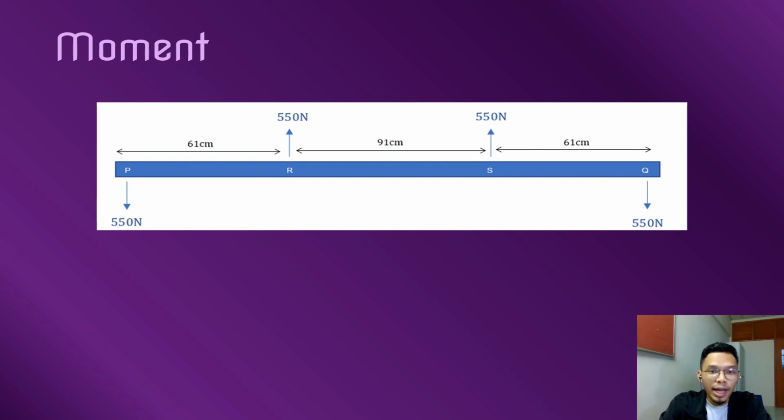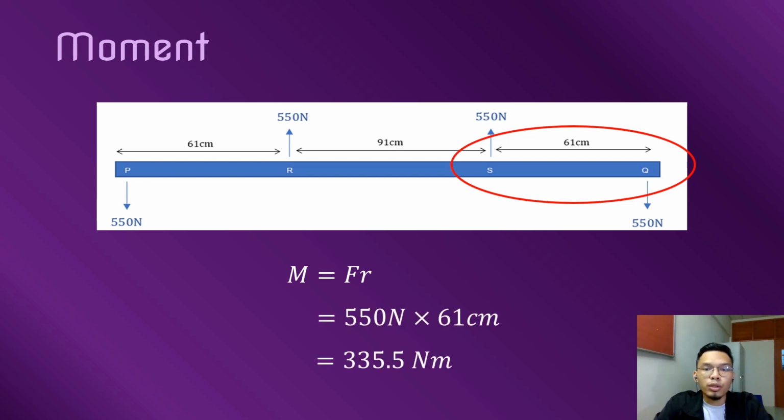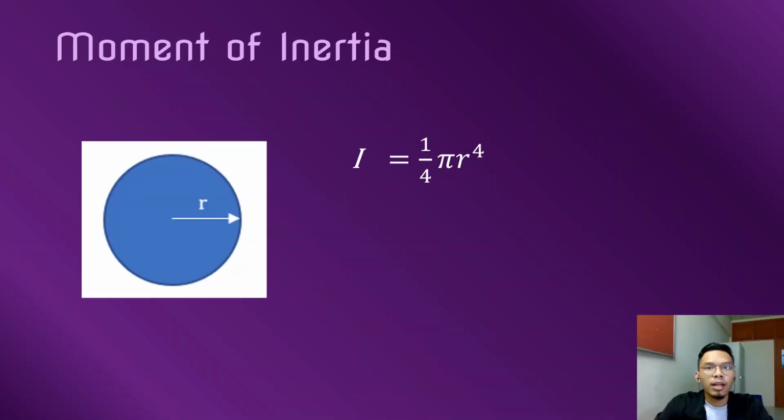So for the moment, the M, we will look at the point P to R, and also we will look for the point S to Q. So from this, the moment formula is Fr. F is the force and r is the distance. So we get the moment equals 335.5 Newton meter. Next, for the I, the moment of inertia, the formula given for a circle is 1 over